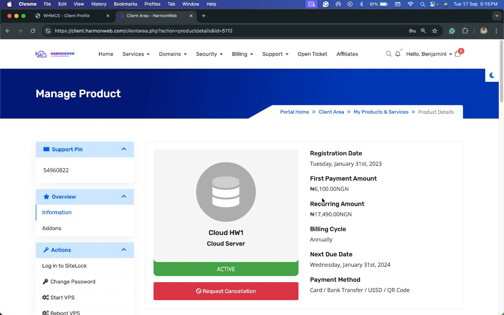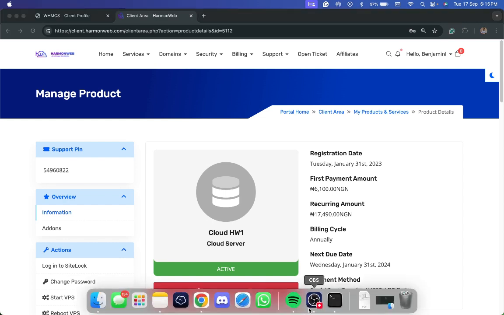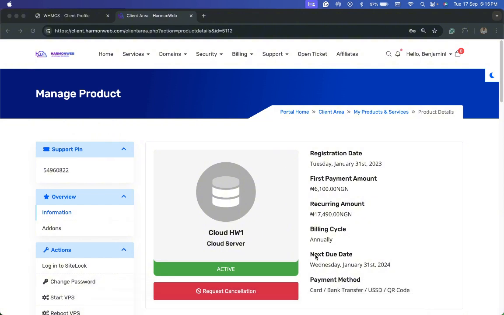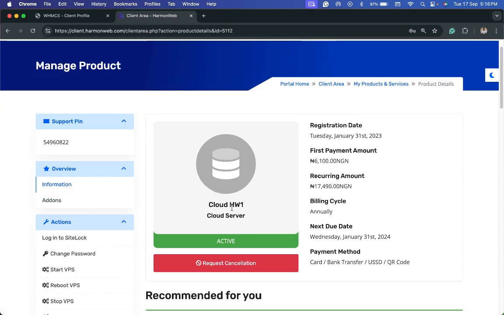on HarmonWeb. So what aaPanel is, it's just like an alternative to cPanel if you do not want to purchase a cPanel license for your server, or you want to use something different. Of course there are other alternatives like CyberPanel or even DirectAdmin, but this video is going to be covering